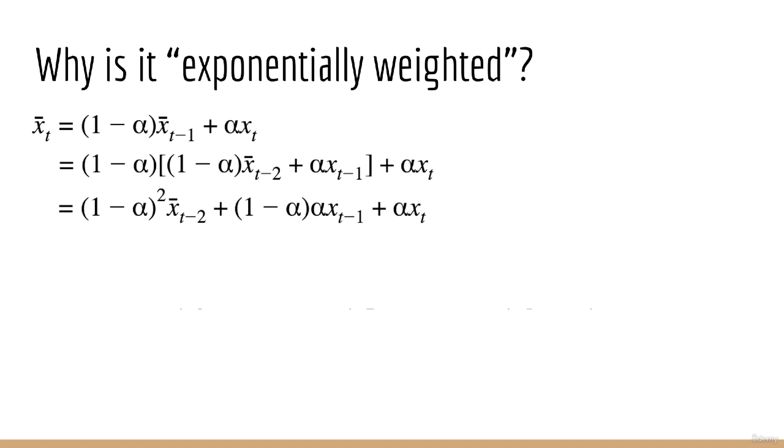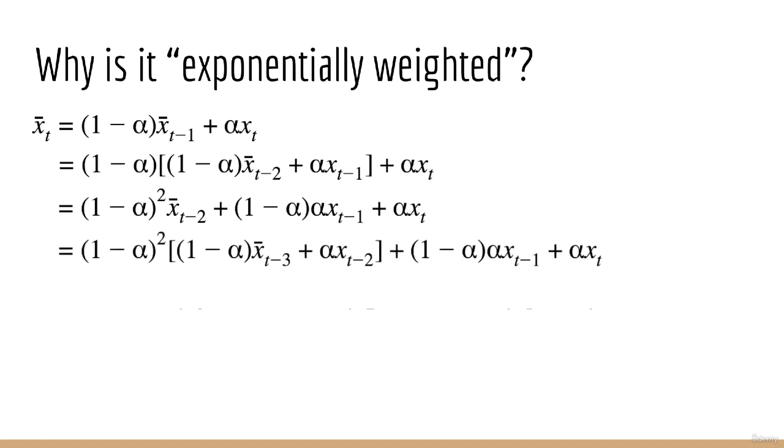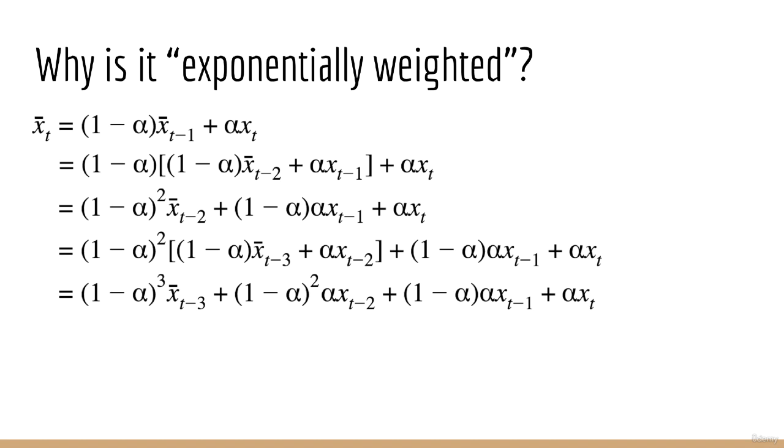Now we have three terms: x bar at t minus 2, the sample at t minus 1, and the sample at time t. The next step is, of course, to replace x bar t minus 2 with its representation in terms of x bar t minus 3. From there, we can do the same thing, multiply out the 1 minus alpha, and get each of the terms by themselves. At this point, you should see a pattern. The number of individual samples keeps growing, and the power on the 1 minus alpha term also keeps growing. If we keep repeating this pattern t times, we end up with this